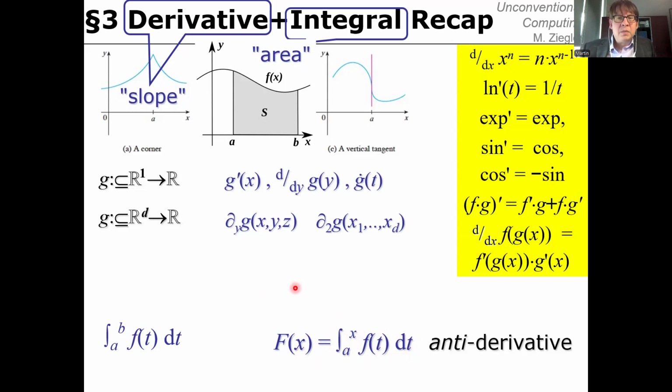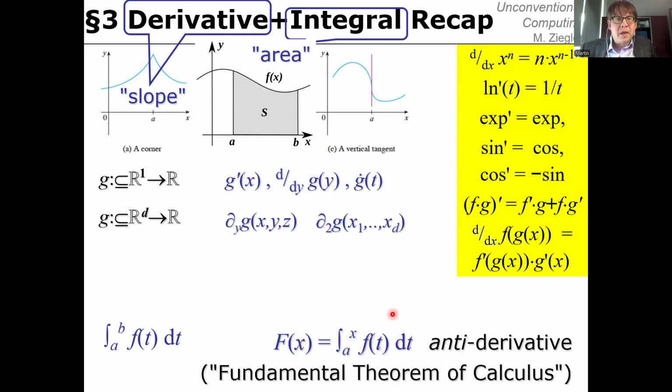Because by the fundamental theorem of calculus, if we take the derivative of that with respect to x now, that recovers the original small f. And the fundamental theorem of calculus thus connects the opposite of taking a derivative with the oriented area under a curve. And again, that's the one-dimensional case. There are also